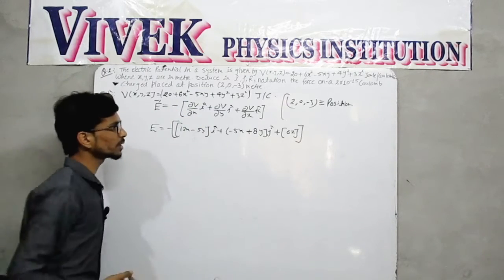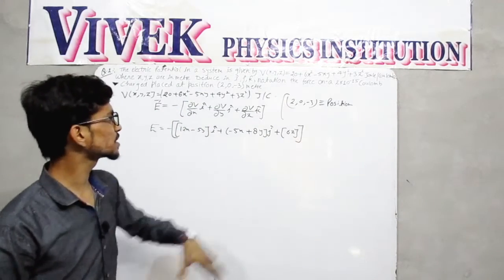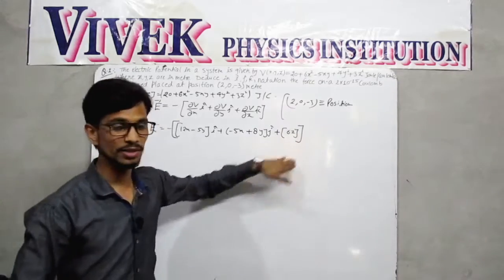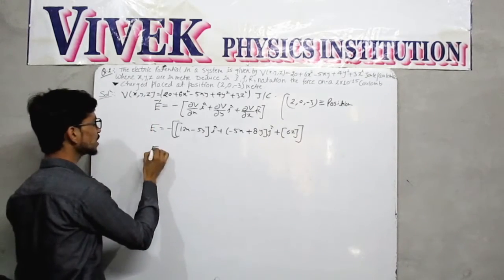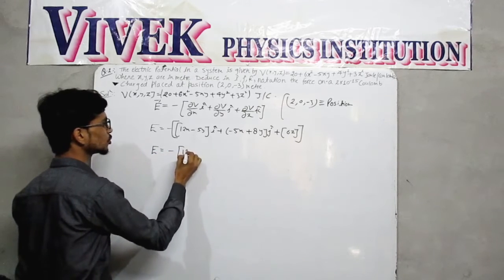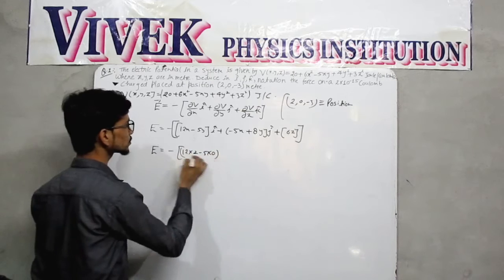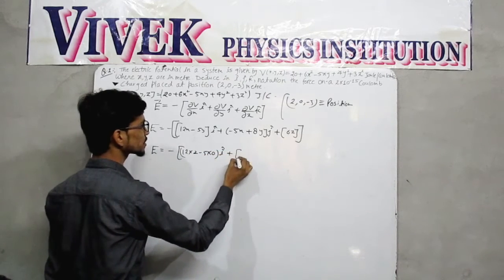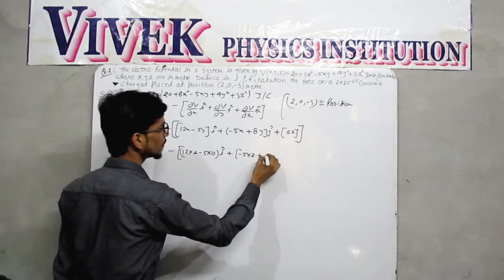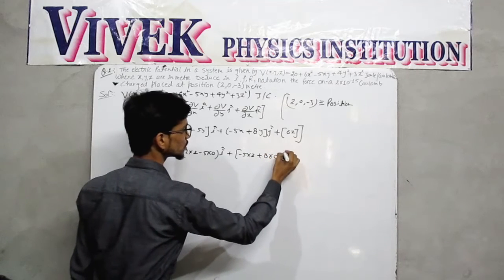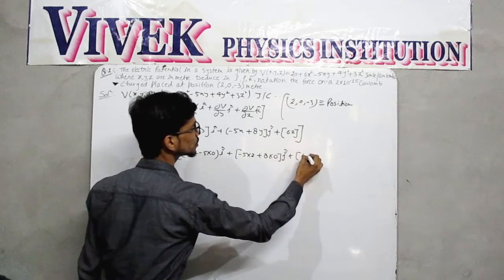So when we put the position of the charge, which is given to us as (2, 0, minus 3), in this equation, we get E equals minus of 12 into 2 minus 5 into 0 i, plus minus 5 into 2 plus 8 into 0 j, plus 6 into minus 3 k,